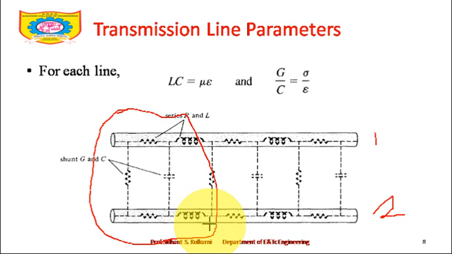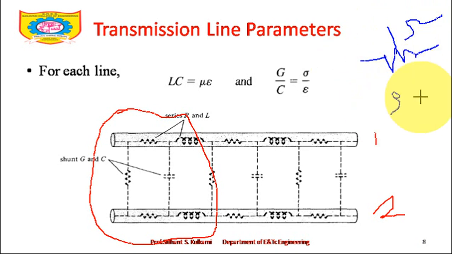Now, what is the basic difference between a lumped parameter and a distributed parameter? Let's take an example. I have a resistance of 1 ohm. Wherever I go, this 1 ohm resistance will remain the same. It depends on the material's properties, its length and area of cross section, you know, rho L by A, something like this, but this resistance will remain the same.